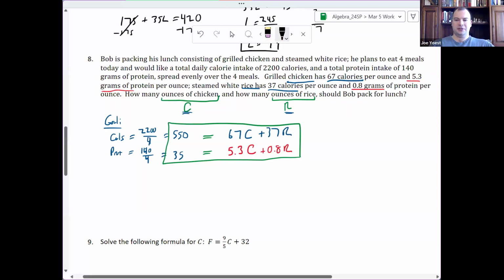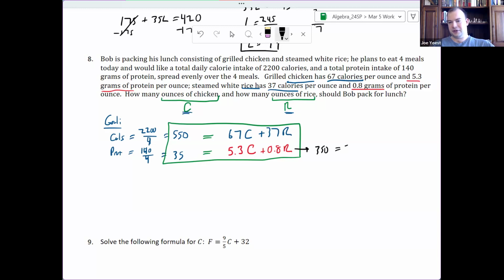There's one thing that I would like to do first. I would like to take my second equation in protein and multiply it by 10 just to get rid of the decimals, make things a little bit easier on myself. Multiply through by 10 everywhere. 350 equals 53C